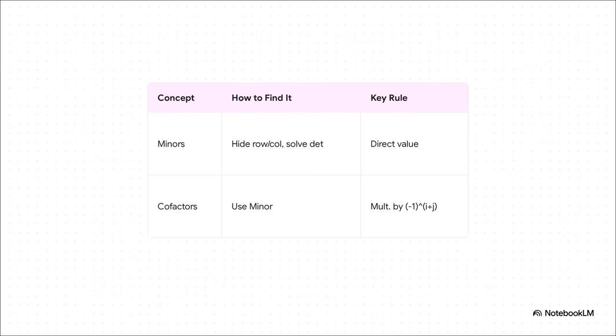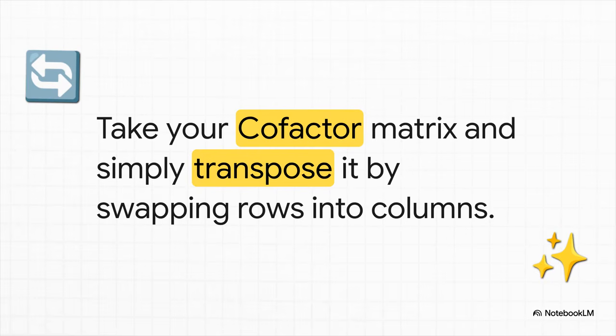In plain English, for a 3x3 matrix, the signs just follow an alternating diamond pattern. If the sum of the row and column is even, the sign stays the same. If it's odd, you change the sign. Okay, so once you've painstakingly gone through and calculated all 9 cofactors, you arrange them into a brand new matrix. To find the adjoint, you just do one final flip. You transpose that cofactor matrix. Literally just turn every row into a column. And just like that, the mini-boss is defeated, and you've got the ultimate tool you need for the next major